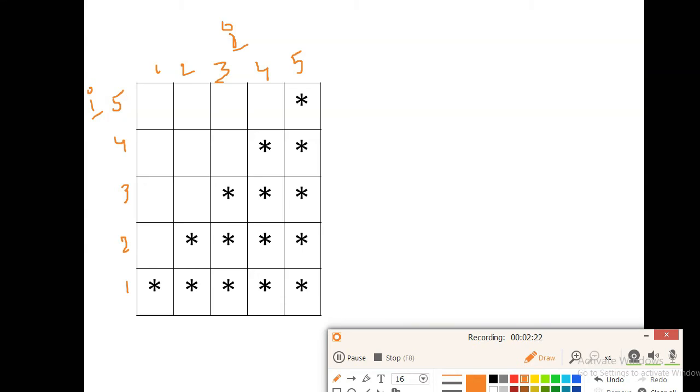So in this position, 5 and 1, print space. That means i equals 5, j equals 1, print space. Next, i is the same, i equals 5 and j equals 2, space will be printed.